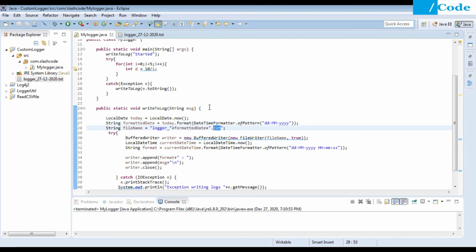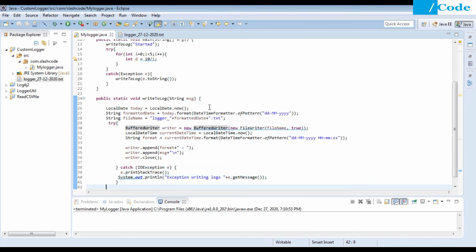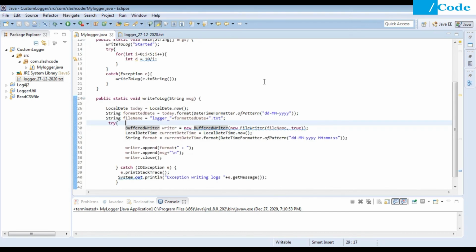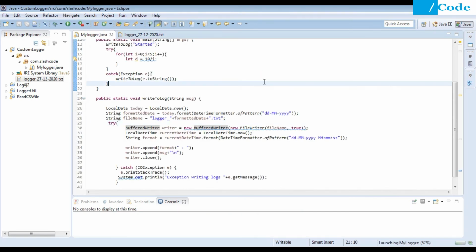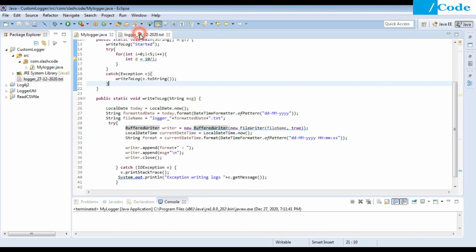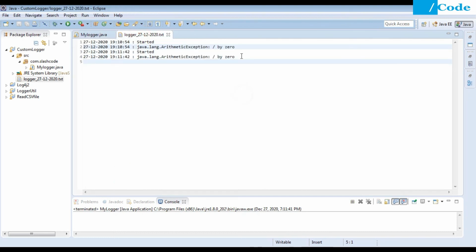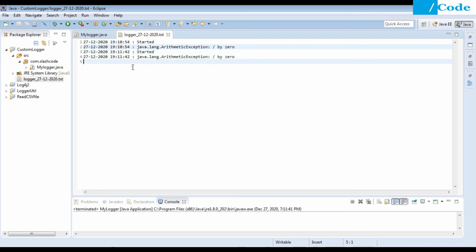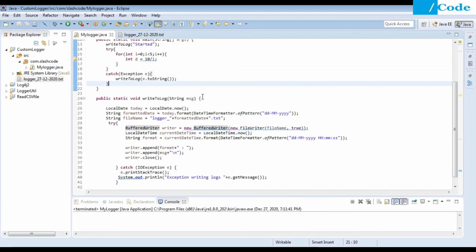The format could be anything, you can put .log as well, whatever you want, and it will append all the function messages here, and we'll get that logging message inside this newly created file. If I run it again, we got another message, which is the 1911. Like this, we can create our custom message.